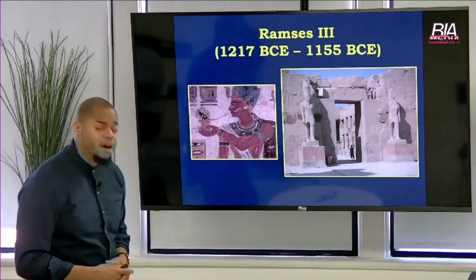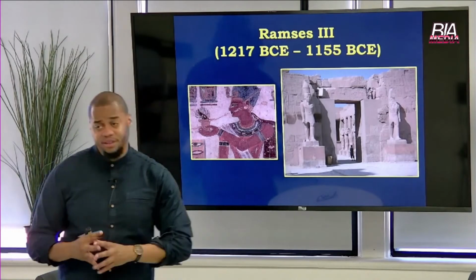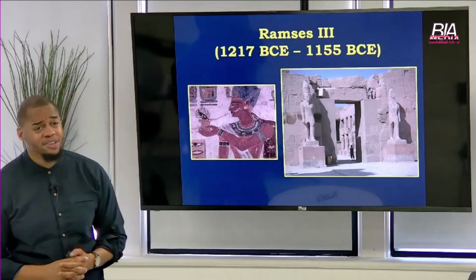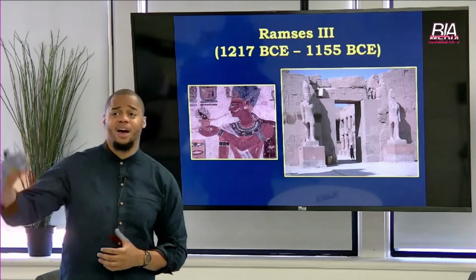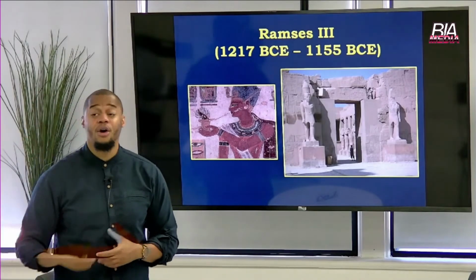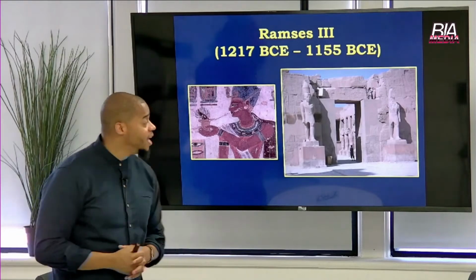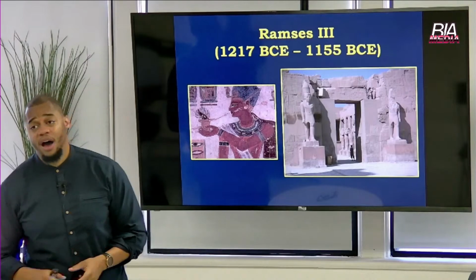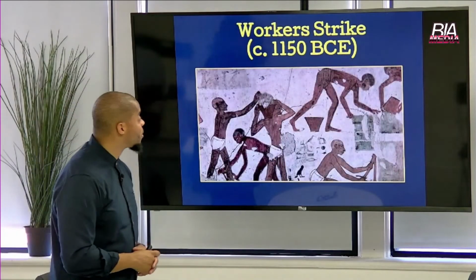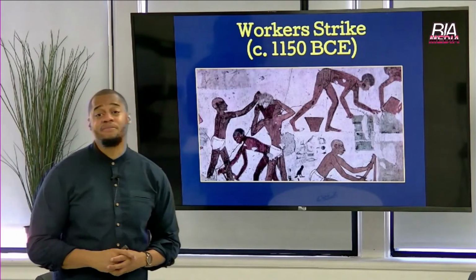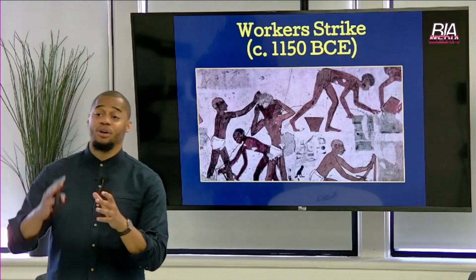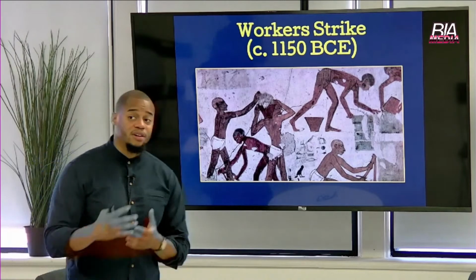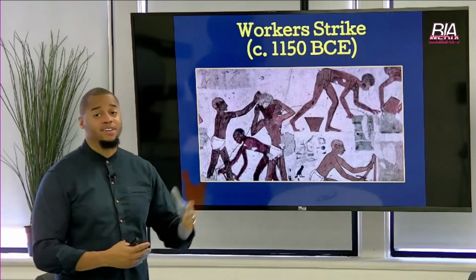Now, a few generations later, I'm going to close it up soon. A few generations later, you have Ramses III. So this is not his son. This is a later descendant who takes the name Ramses III. He's like the opposite. Ramses III has a lot of problems during his reign. One is the workers' strike of 1150 BCE. This is the first recorded workers' strike in world history. The craftsmen that are working on his monuments, because he wants to be like his great ancestor Ramses II,